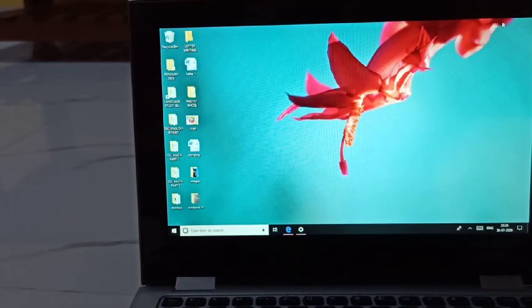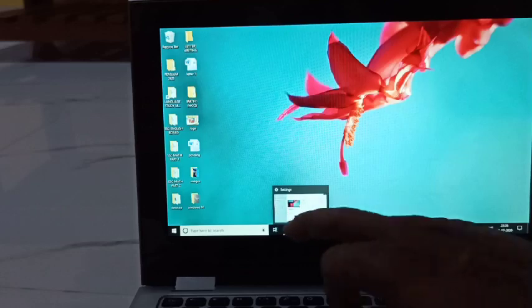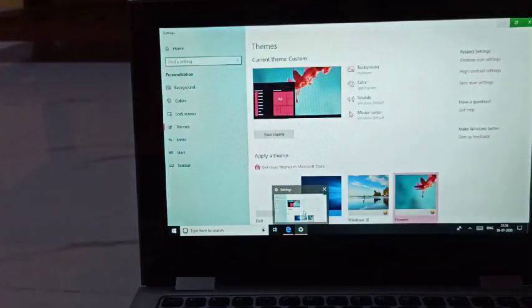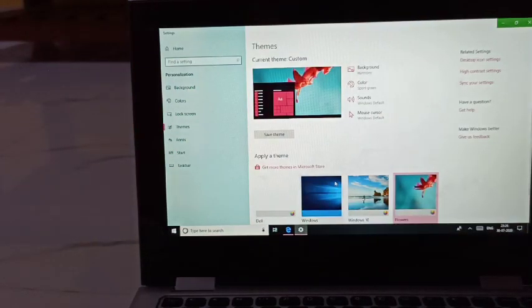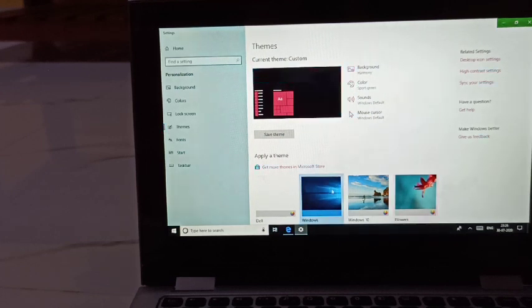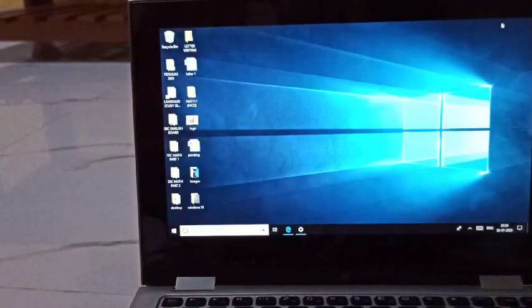See, your desktop just changed, right? The new theme we applied. Again click here, open that page. Now I will keep the same one as before and click on this again. See, now it changed again. Just minimize and check. See, your theme got changed.